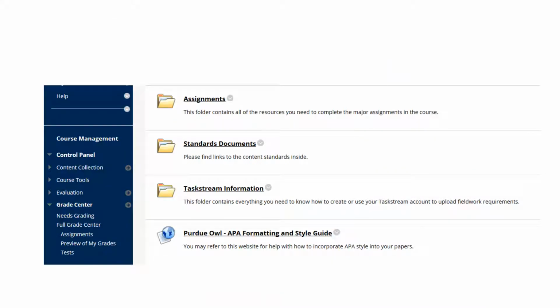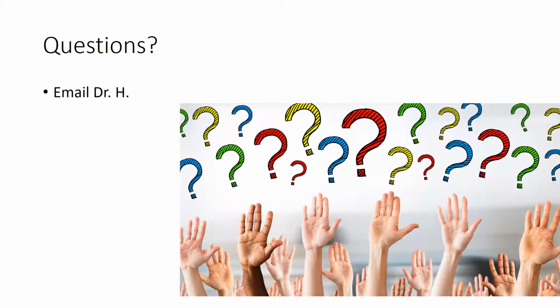If you go to the course management homepage, the course materials page, the same page where you see the learning modules and the assignments folder, you'll also see TaskStream information. And if you click on that TaskStream folder, you'll see everything you need to do in case your TaskStream account is not active or you need a key code. If you have any questions, please feel free to email me. Earlier is better, especially if you run into trouble finding or locating another school or another classroom in which to make an